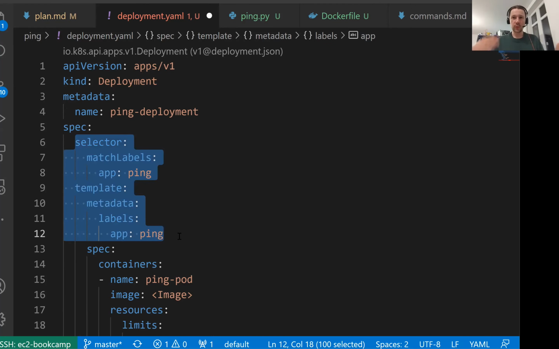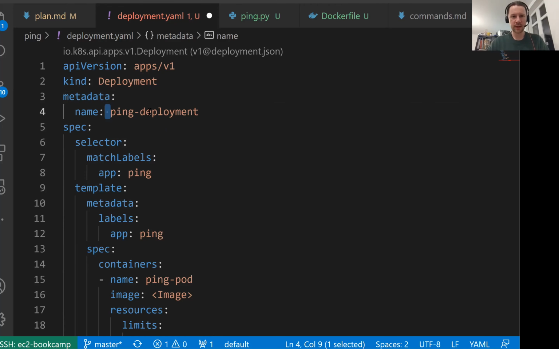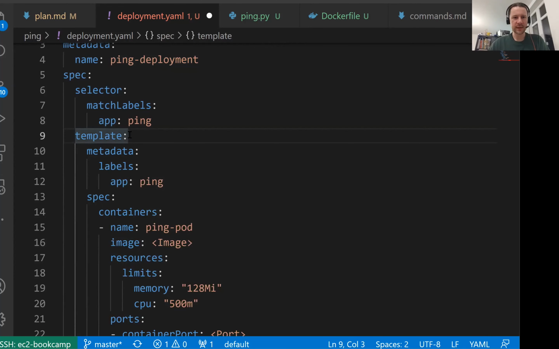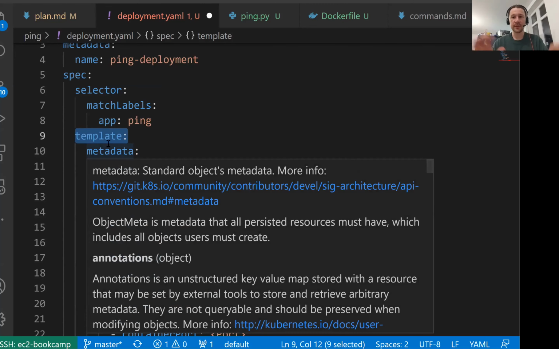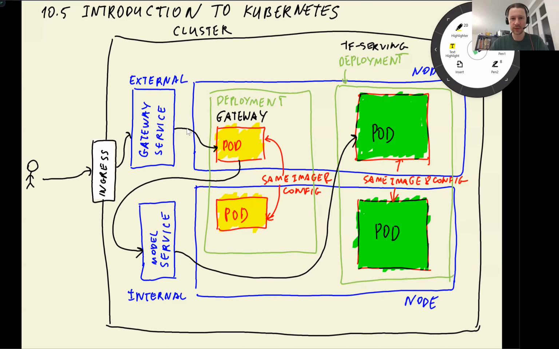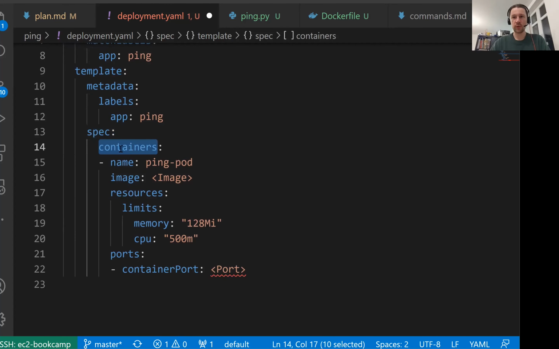So now I want to tell you what the rest of the file is about, what it means. Here, in the metadata, we specify the name of the deployment, and then we have this thing called template. This template is a template for pods. As you remember, the deployment contains multiple pods. So this template is a template for each pod, because all the pods within a deployment are the same. They have the same image and the same config. And then in this template, we provide the specification for each pod. Each pod has a container. So the name of this container is ping-pod. Then the image will be ping